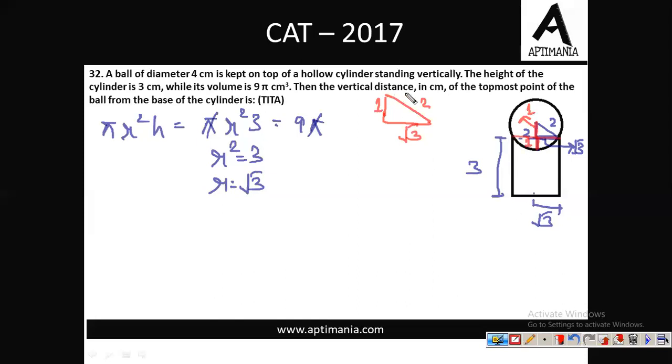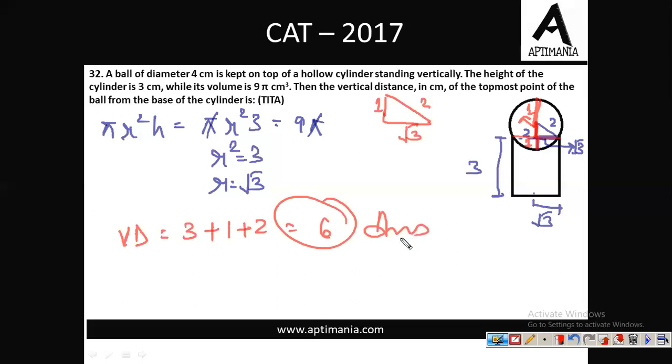What we are supposed to calculate is the vertical distance between the topmost point. अच्छा, इसके बाद the vertical distance will be equals to, पहले तो 3 आ रहा है जो height of the सिलेंडर है, उसके बाद 3 के बाद यहाँ से सेंटर तक जाने के लिए 1 और ट्रेवल करना पड़ रहा है, और सेंटर से आपको सर्कमफ्रेंस पे जाना है तो आपको 2 का रेडियस और ट्रेवल करना पड़ेगा. So it will be a total of 6 centimeter, which is the correct answer for this question.